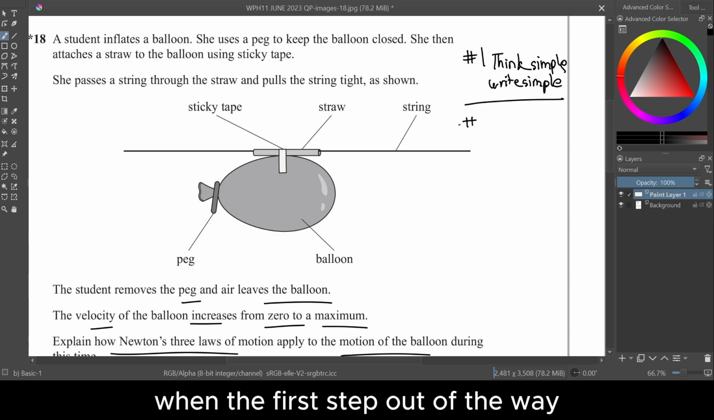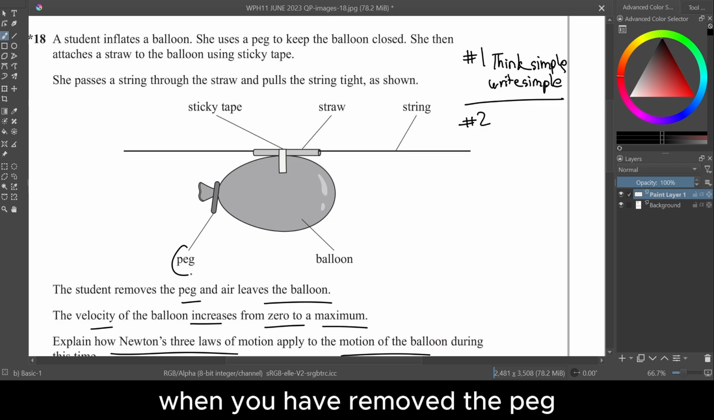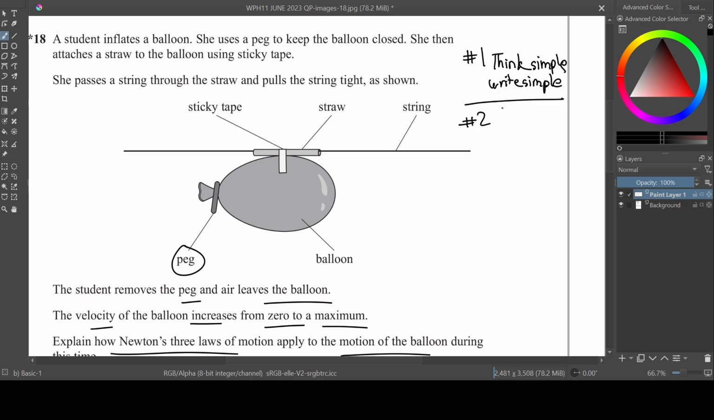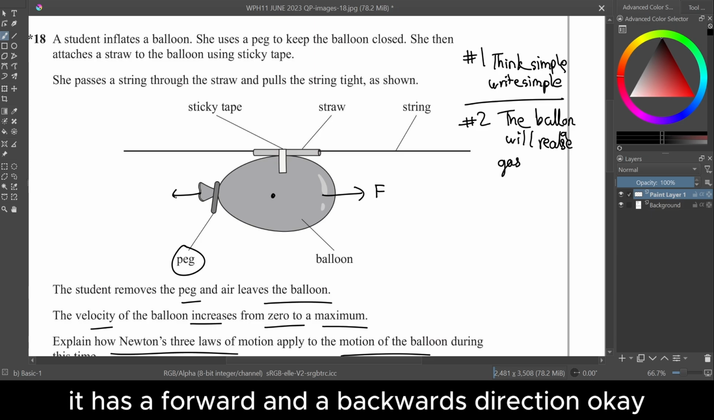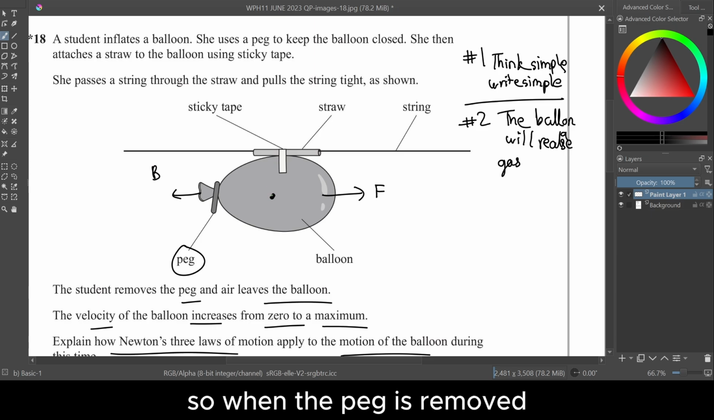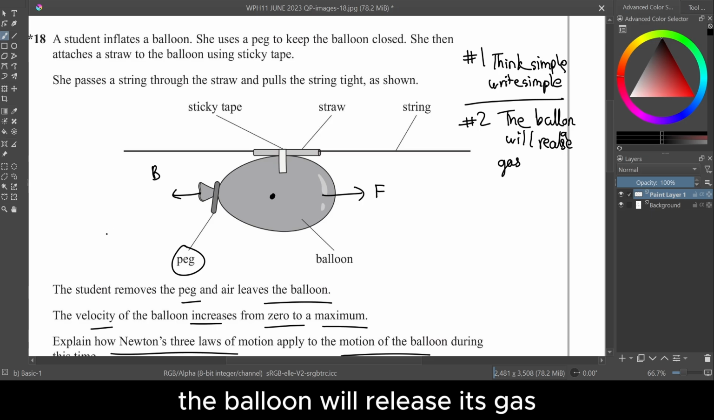Now, with the first step out of the way, the second step is to understand what is actually happening when you remove the peg. When you have removed the peg, what happens? The balloon will release gas. So you have this balloon, right? It has a forward and a backwards direction. So when the peg is removed, the balloon will release its gas, and then